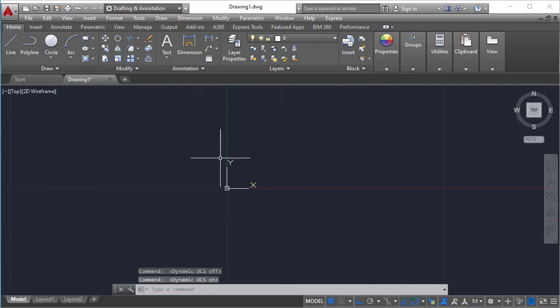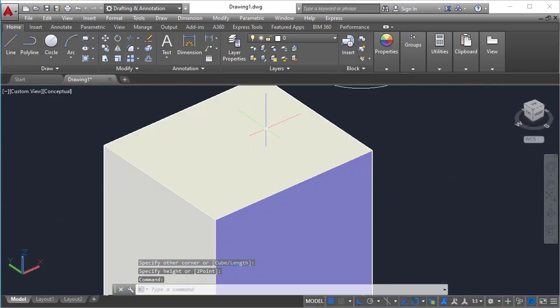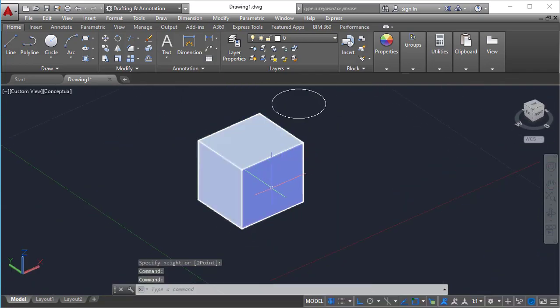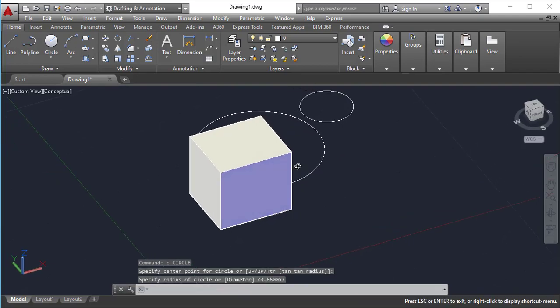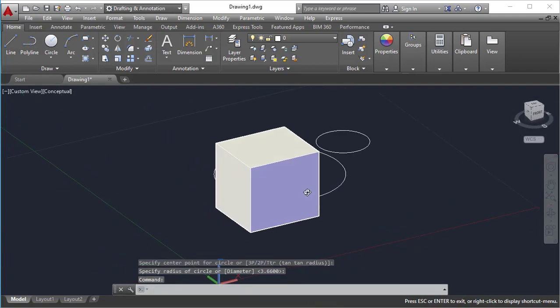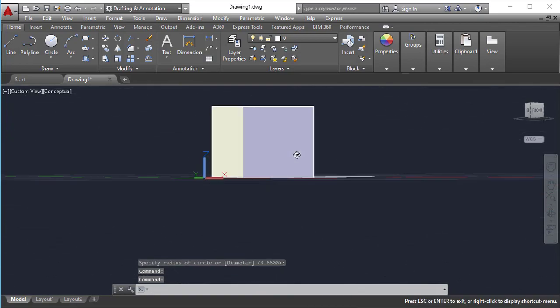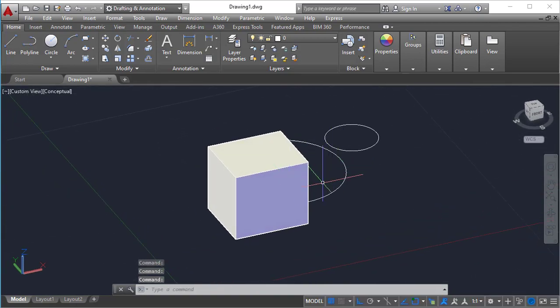I already told you this is called the UCS icon. If you have a 3D object and I want to draw on this space, if you switch off dynamic UCS and I try to draw a circle on this space, I just draw a circle like this, but it is placed on the grid. In AutoCAD, in any orientation, you can draw only on the grid, not on the face.